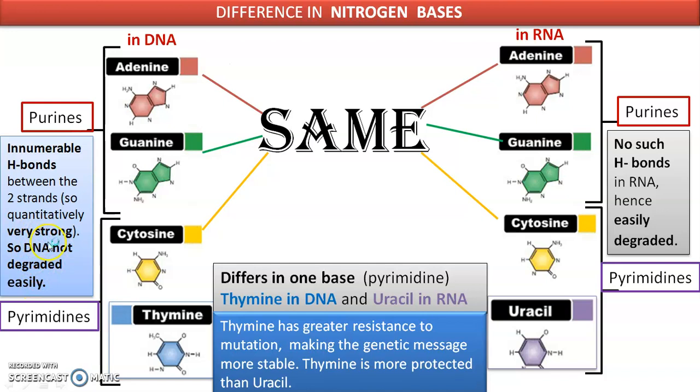These are all features. What all could be the points? Why is DNA not easily degraded? Why is it accepted as a genetic material? RNA, on the other hand, has purines and pyrimidines, but base pairing is not there naturally. There are cases of base pairing, but naturally RNA is single-stranded. So no hydrogen bonds, so that is easily degraded.